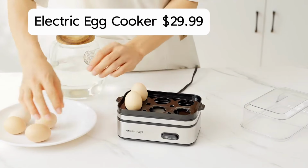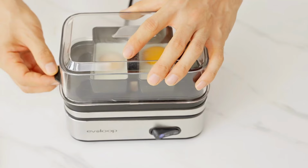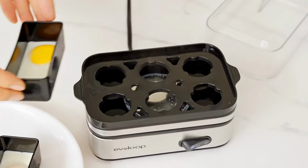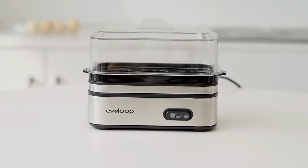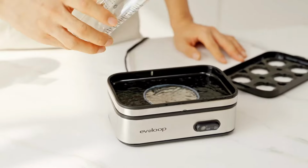The Evolup electric egg cooker makes breakfast a breeze by cooking up to 6 eggs just the way you like, hard-boiled, soft-boiled, poached, or scrambled. With its compact size and included accessories like poaching trays and an omelet tray, it's perfect for busy mornings, dorms, picnics, or even small kitchens. Easy to clean and complete with a ready buzzer, this gadget is a must-have for quick, delicious egg dishes any